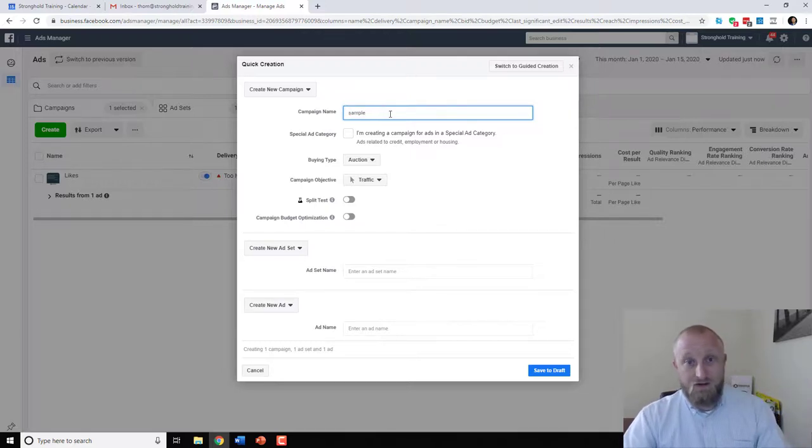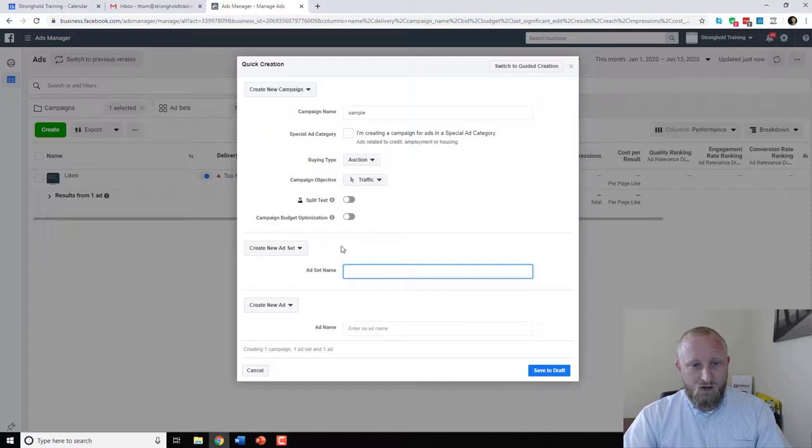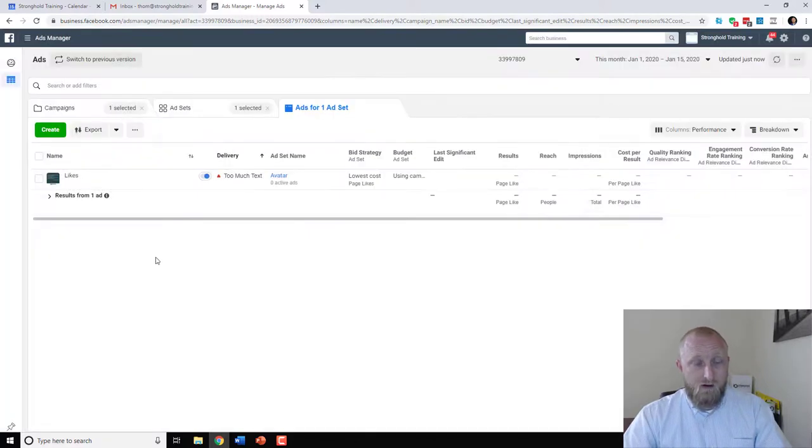I don't really have time on this to go through how to do all of this, but maybe in future trainings here. You name this stuff and you go in and you start creating a new ad. They have a guided creation, which most of you should use, or a quick creation for those of us who have done this before. But you're going to go in and you're going to set up a campaign so you can track this stuff. You're going to set a budget. You're going to set an audience, and then you're going to create the actual ad.